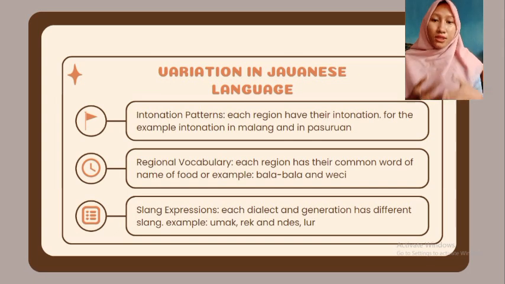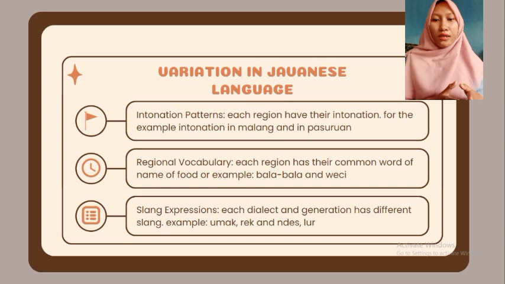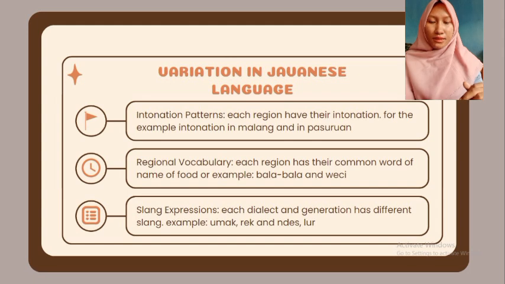So for example, if you want to say, where will you go? Katenang di. It's like that here in Malang, but it's a different intonation if we are speaking Javanese in Pasuruan. They will be like that, katinandi. Katinandi. There is a pattern where some words are high, but some words go down. The intonation is different, even though it's actually the same word.